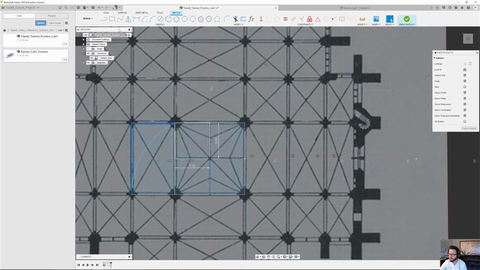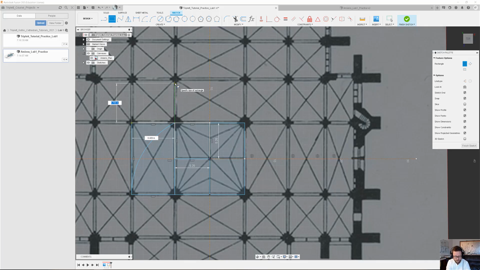Okay, so let's just do that really quickly. I'm going to click on my 2-point rectangle, and I'm going to start from here. And one of the things I want to do is I'm going to click once, and this is a very useful thing that I absolutely love about Fusion, is that it gives you guides if you are trying to say, okay, well, I want this to be this far, and I want the height to be the same as this length. Then I'm going to run my mouse over to the corner and then start moving up, and you see that green dotted line, right? So you can see the green dotted line is sort of snapping as I'm still on it. So this says